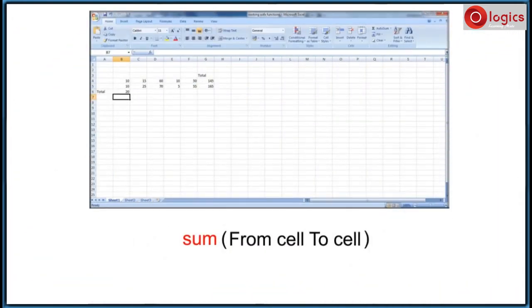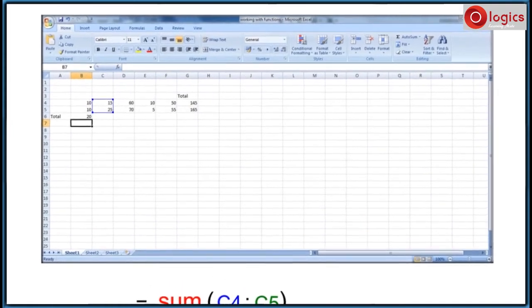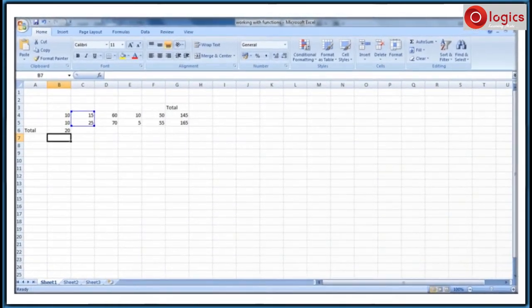Let us do the same procedure to calculate the sum of another range of cells. Here it is cell C4 to cell C5. Select the cell and type the same in the formula bar. Press enter to get the result.